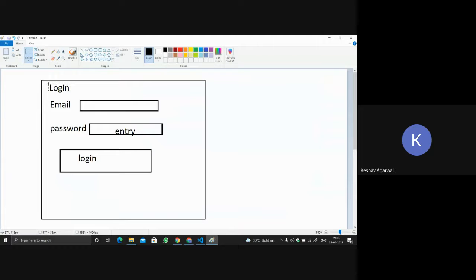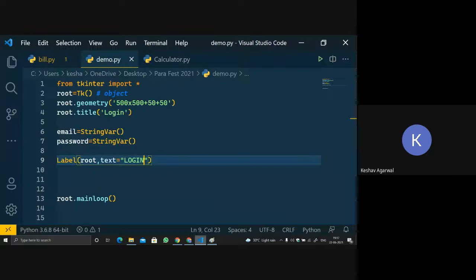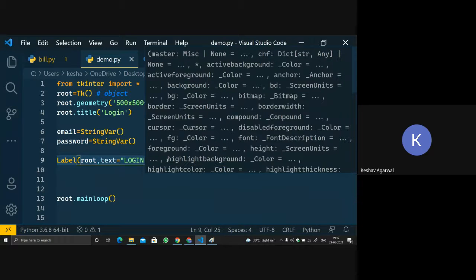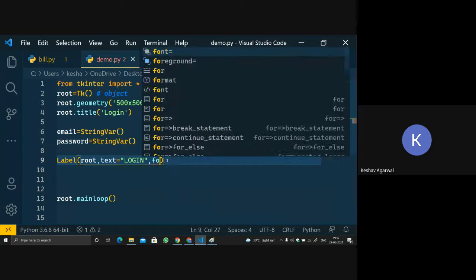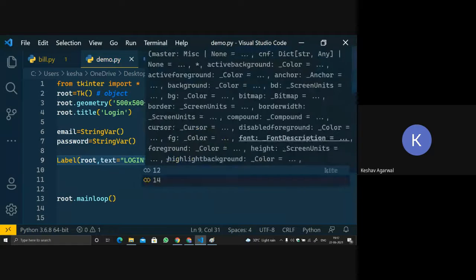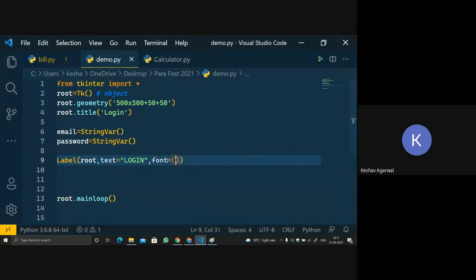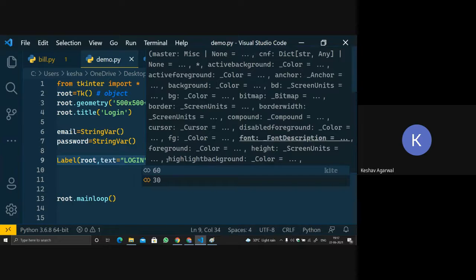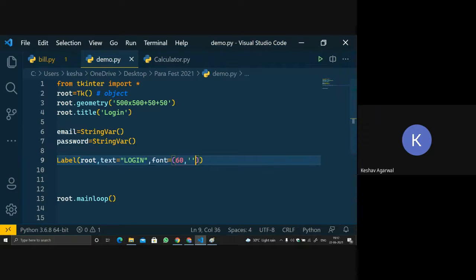Okay, guys. So see, since login over here will be a heading, we will have to increase the font size. So we put a comma, and then font is equal to, and then we'll pass 60, because we want it large, and some font style, that is Comic Sans MS. I guess everybody knows this style.